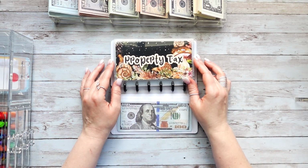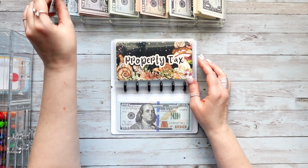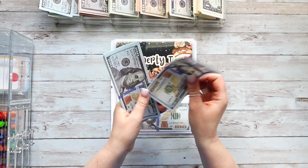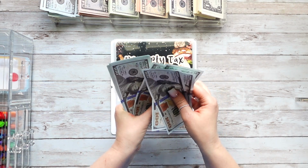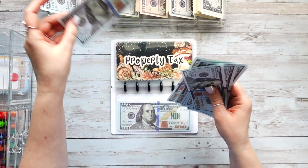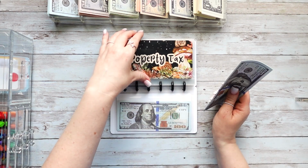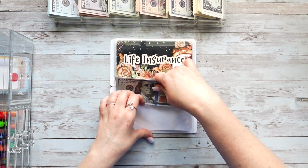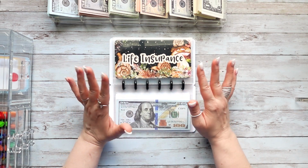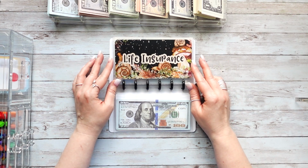All right, for property taxes, we're not adding anything to this, but there's $920 in there. And I didn't grab my placeholders, so I'm just going to use the prop money for this. So 1, 2, 3, 4, 5, 6, 7, 8, 9. This money does not slip the same way that real money does. Okay, so $920 in our property tax. I just got our property tax bill today. And I knew that it was going up, but we are still a little over $300 short on it. It's due at the end of the month,